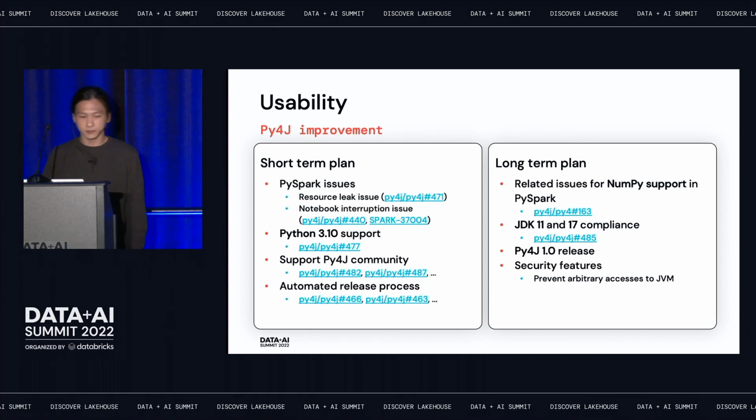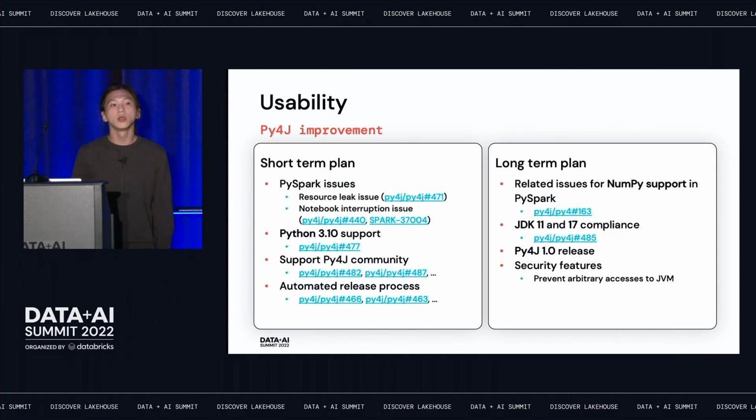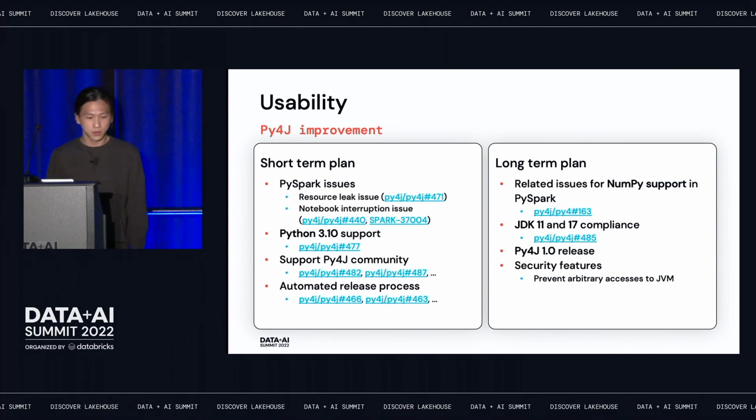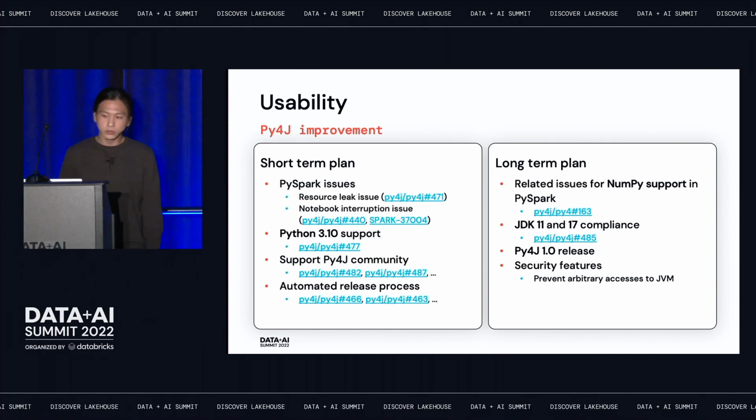As a long-term plan, we are working on JDK 11 or 17 support, which Apache Spark currently supports, but there is a slight bug in Py4j, so we have to fix it. And we are also fixing some related issues for the native NumPy support in PySpark, which I'm going to talk about on the next slide.